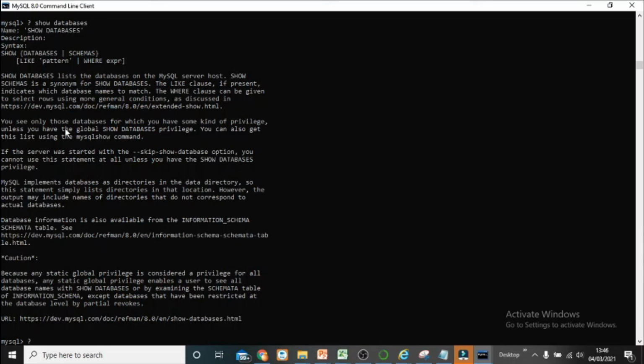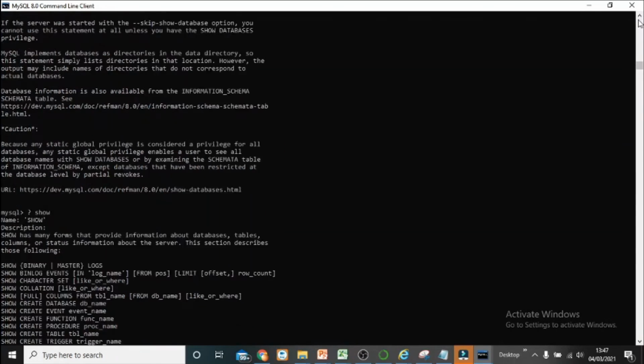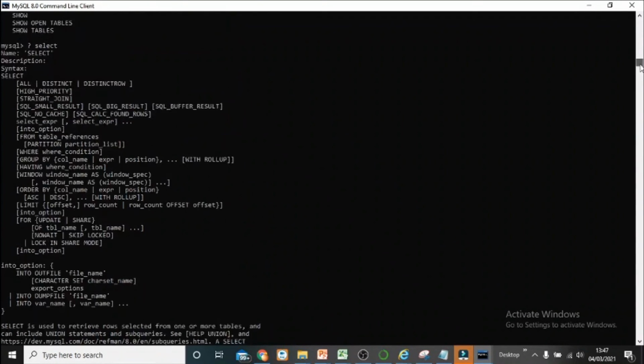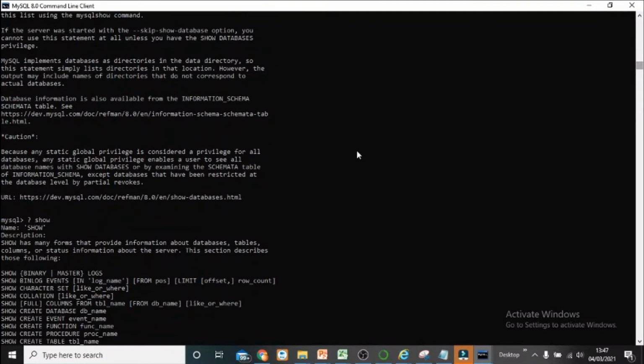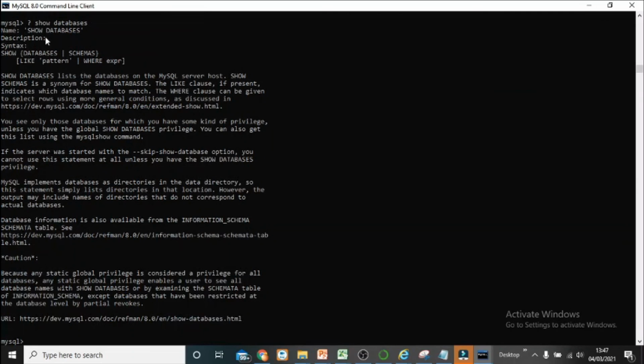If you are just using show, then all the possible commands starting with show will be shown to you. Here you can see the different commands: show binlog events, show character set, show create event, and so on. These are all commands which start with show. But if you want something specific like show databases, you just need to enter that, and all the syntax of it will be shown to you.